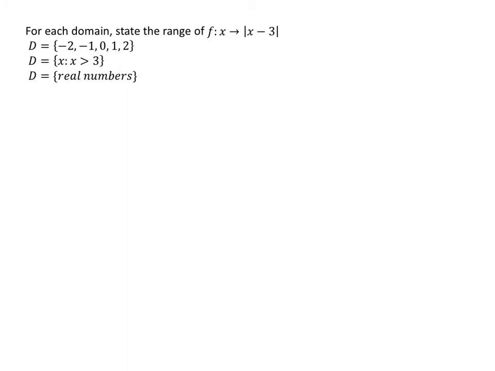On this problem, we are given an absolute value function, and we're given 3 different types of domains. So we'll start with the simplest. With this very specific domain that only has 5 values, what is the range? Meaning, when I put each one of these numbers in place of x, what will my output be? So on this first one, the range